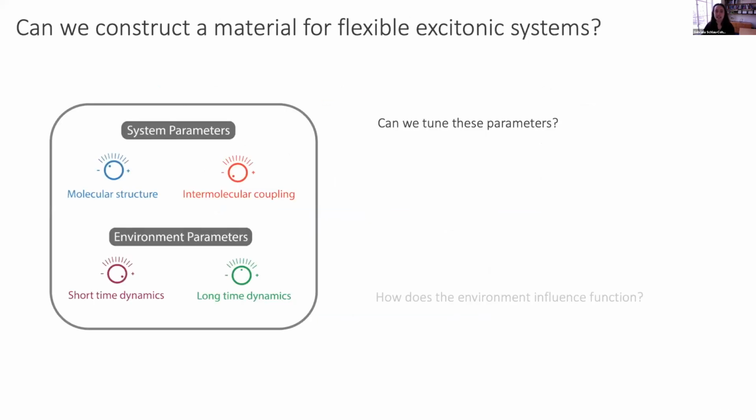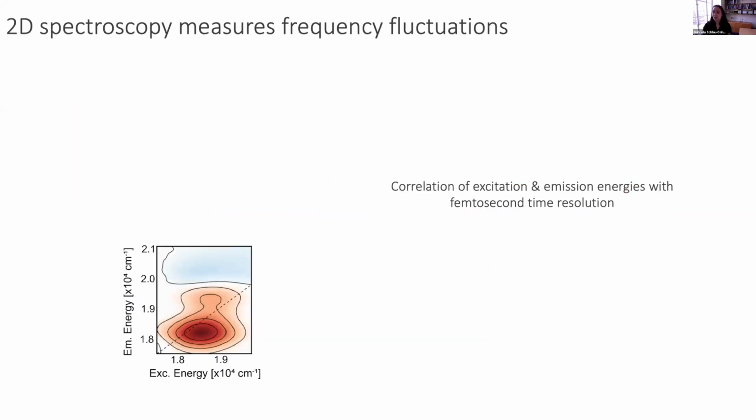So that tells us, in terms of tuning these parameters, we can control the molecular structure, the electronic transition energy, through the dye we choose to covalently attach. And we can control the electronic coupling systematically within dimer structures. So now thinking about the influence of the environment, we can actually go back to our 2D spectra, because these